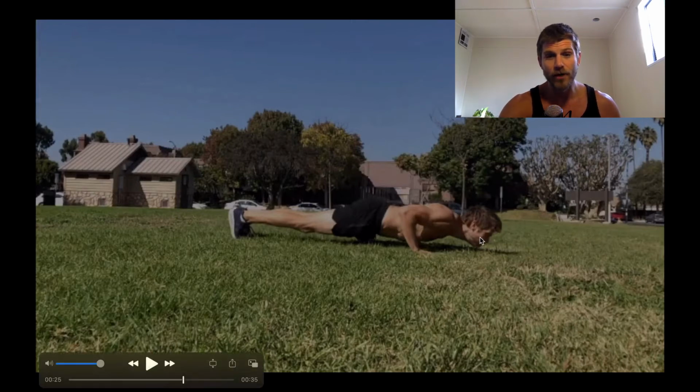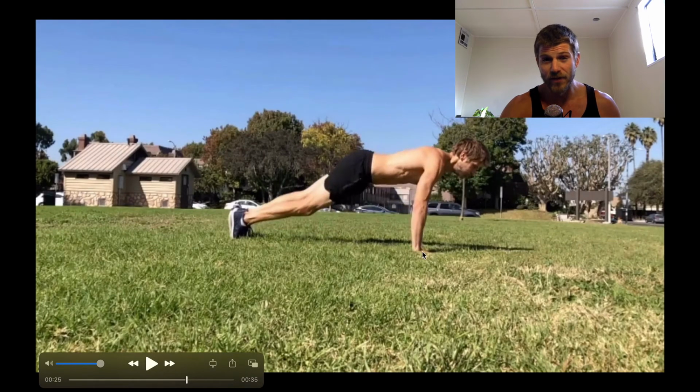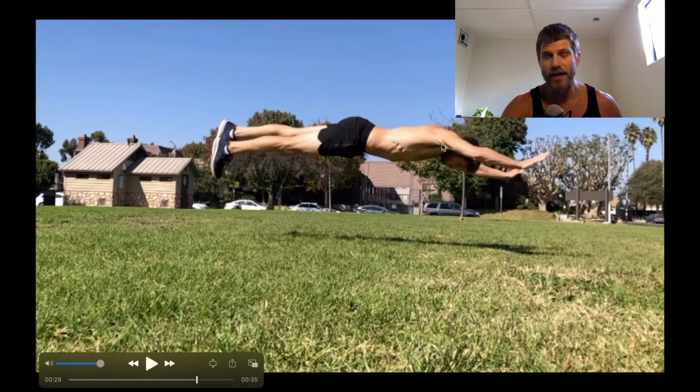Let's take a look. I'm going to press equally in my hands, core, and feet on my way up. Here, I'm pushing really in everything that I got. From here, glutes and core, and legs and feet. That elevates me here. And at the top, I'm trying to get that overhead extension as much as possible. This is the hardest part of that type of push-up, to get that overhead extension and that lat extension